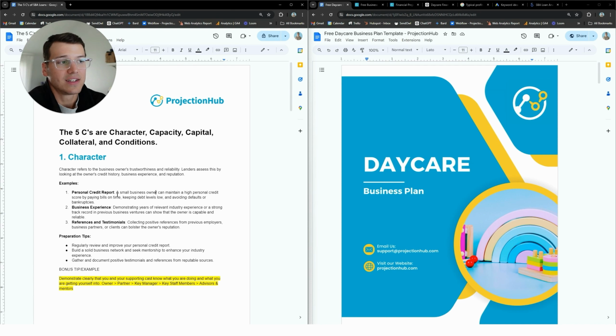A not stellar credit score is not the end all be all. Obviously it makes it easier if you have a high credit score. If you're in the mid-high 700s, right? That looks really great. But if you have a 600 credit score, the thing is just be prepared, when it comes to the credit report, if that's going to be a concern for you, be prepared to tell the story,